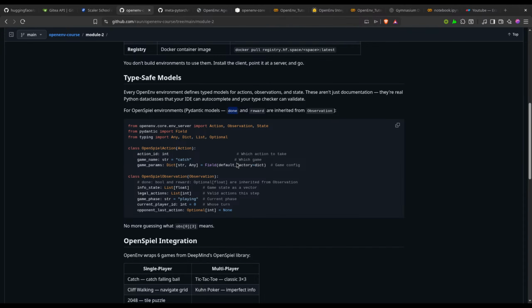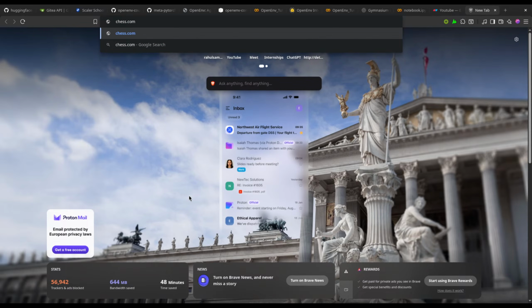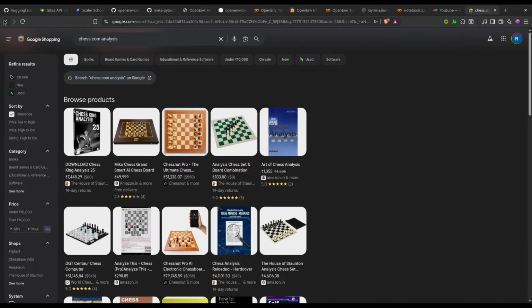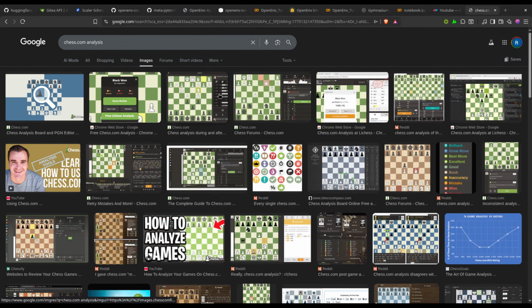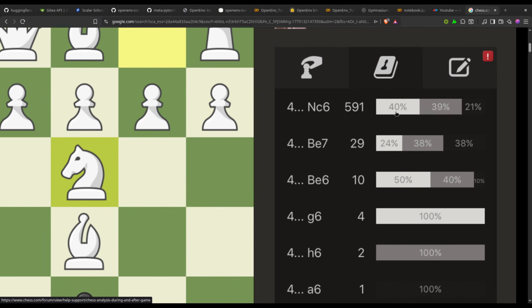Let's suppose we wanted to play a game of chess and it is going toward a certain threshold. Let me give you a visualization so that you can understand what I'm trying to say. This move has a 40% chance of winning, and this move has some other percent.